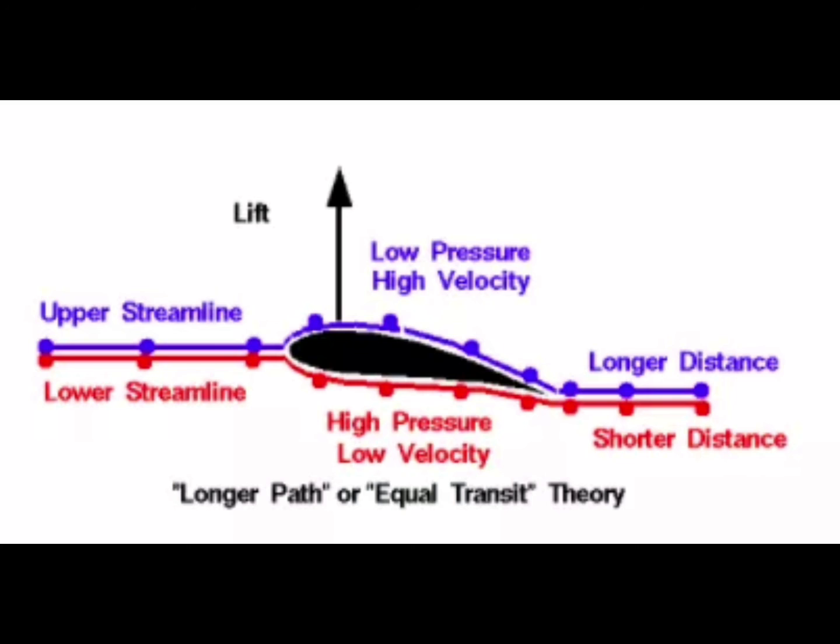Fluid particles are subject only to pressure and their own weight. If a fluid is flowing horizontally and along a section of streamline where the speed increases, it can only be because the fluid on the section has moved from a region of higher pressure to a region of lower pressure. And if its speed decreases, it can only be because it has moved from a region of lower pressure to a region of higher pressure. Consequently, within a fluid flowing horizontally, the highest speed occurs when the pressure is lowest, and the lowest speed